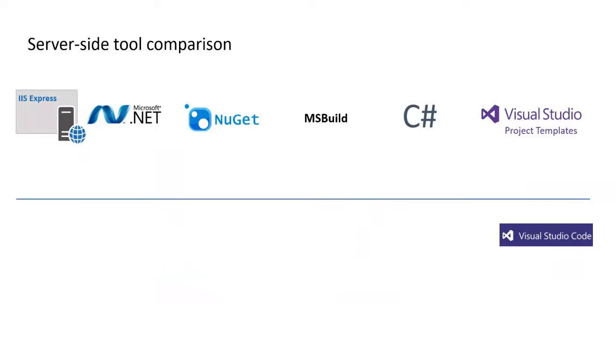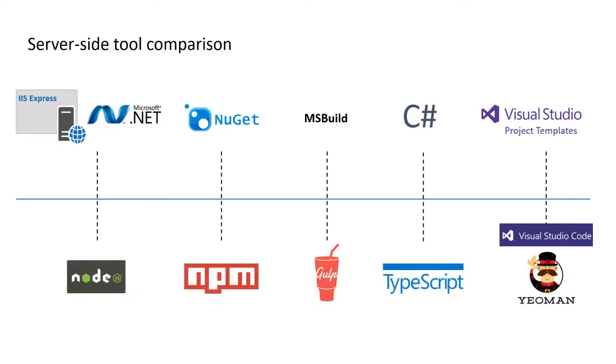You always know that IIS Express will be there. Whenever I press F5, it will load and give the page. Say we have .NET, and we have Node.js for building, and we have C# for the coding, and Visual Studio project templates for our development template, right? Same here. Node is separate. That is a real picture.